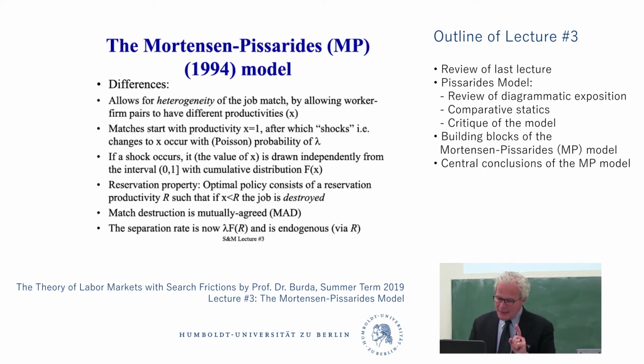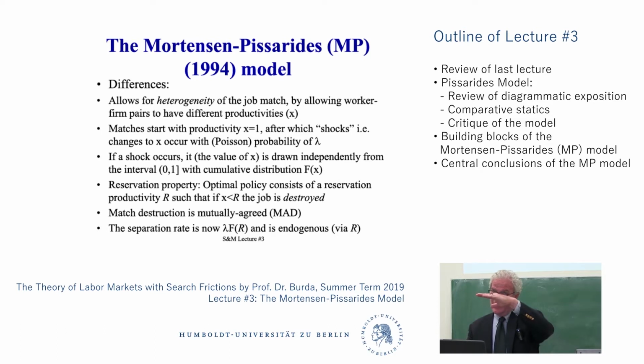So if the shock occurs, conditional on occurring, the value of X is drawn from a distribution with a CDF of capital F. This is a cumulative distribution of X, and it's time independent, so it doesn't matter whether the times are good or bad. With some probability I'm going to have this incidence, and once I have the incidence, I get a new draw of X. So X starts at 1, and then it becomes something else. It could also be 1 again, but that's a very low probability event. It's probably going to be lower. It might be a lot lower. And then I'll be waiting again for the next Poisson incidence when I pull another value of X.